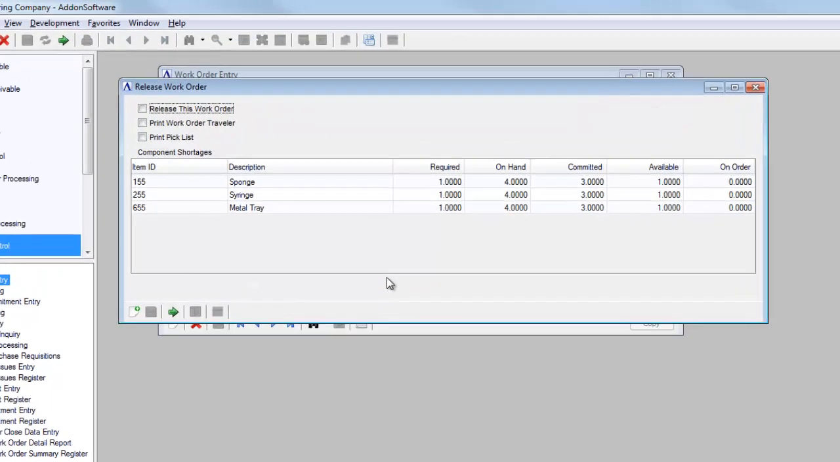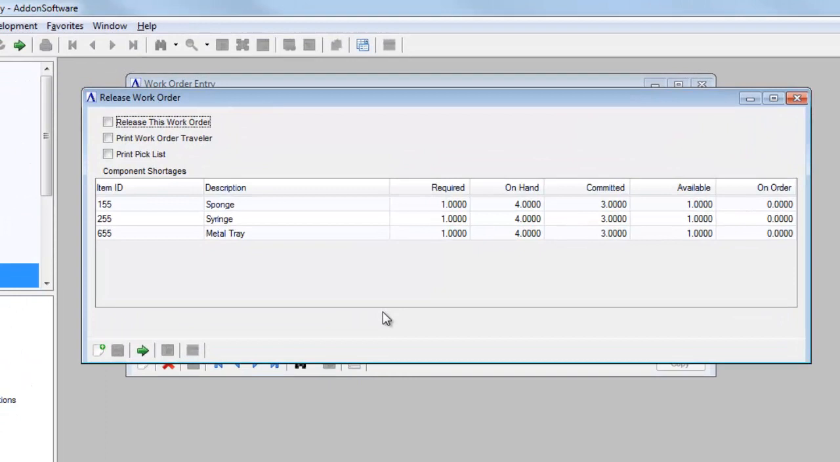A review window now appears and allows you to review the inventory components, the numbers required, the on-hand, the committed, and the on-order. And in the top portion, we mark the boxes to release the work order, print a traveler, and print a pick list. If we had any inventory shortages here, if the required amount was more than the available amount, it would be